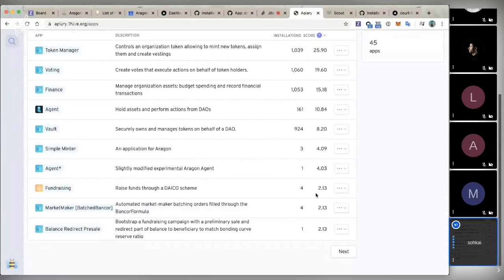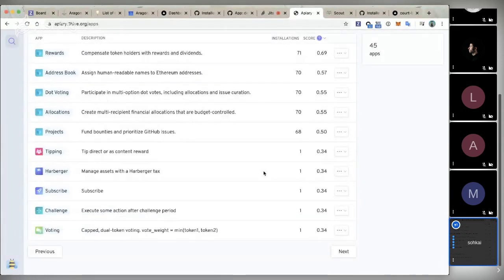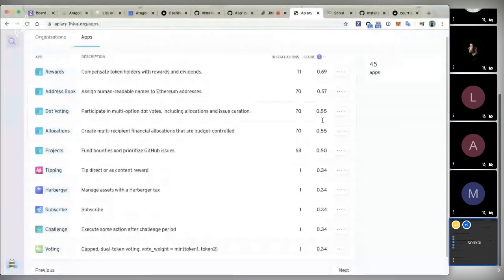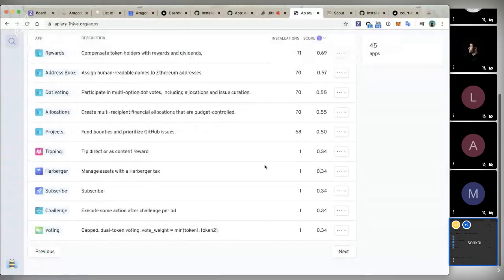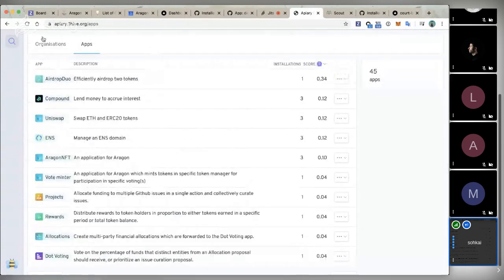As well, we can see in the next couple of pages all the different applications that have been created and used by organizations on mainnet, some of which we didn't really even know about as a team at A1. But it's really interesting to see that people are playing and installing their own applications that they're developing, and they're finding some use. We can also find most of the Open Enterprise applications here as well, and their scores and how many times they've been installed. So this is just something interesting to explore.